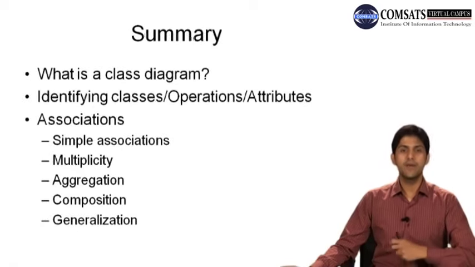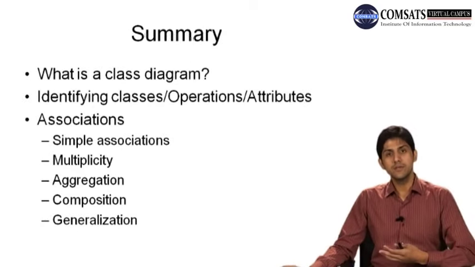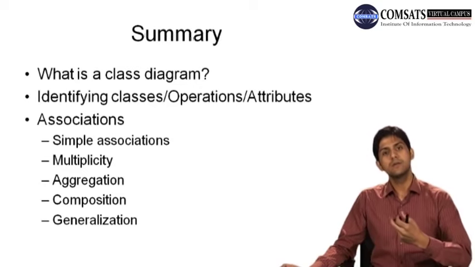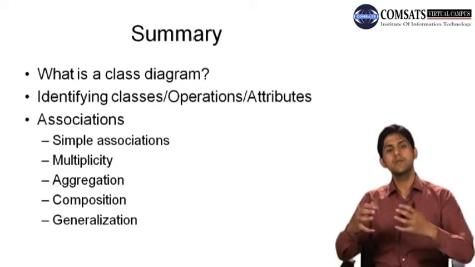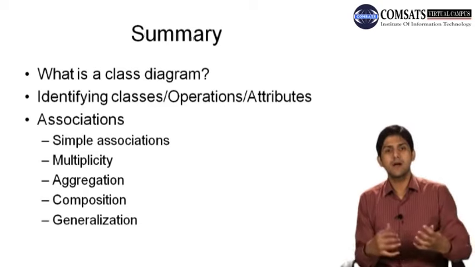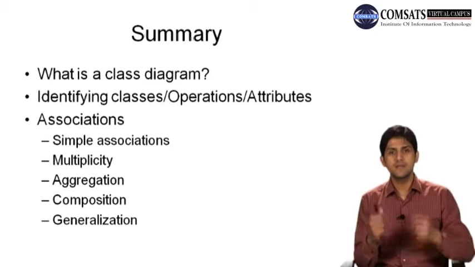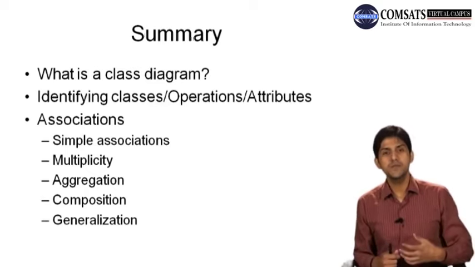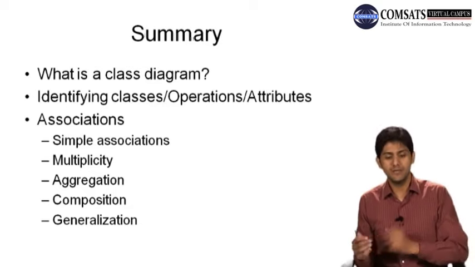So we started off by defining what is a class diagram, okay ji, and we say कि हमारे solution के अंदर जितने distinct objects होते हैं, you know, and if those objects are related to each other, when we connect them, so we come up with a class diagram, and then we try to define what is a class. A class basically represents set of objects, ठीक है, which share common attributes, common relationships, common operations and behavior, ठीक है जी।